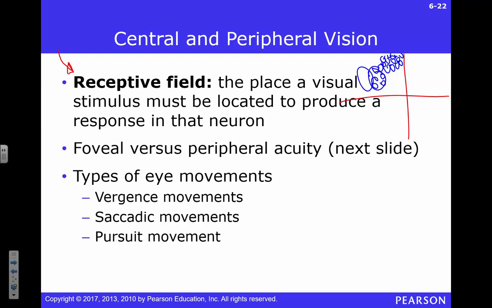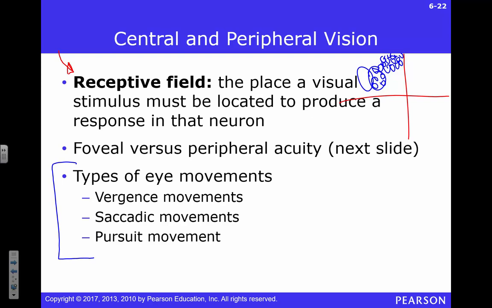I guess one more time, we should actually talk about those eye muscles that move your eyes. There are three broad types of eye movements that you should think about. One is what we call vergence. So if you were to take your finger, focus on that and move it in and out, your eyes are going to converge or diverge, right? So they're going to come together and move your eyes that way.